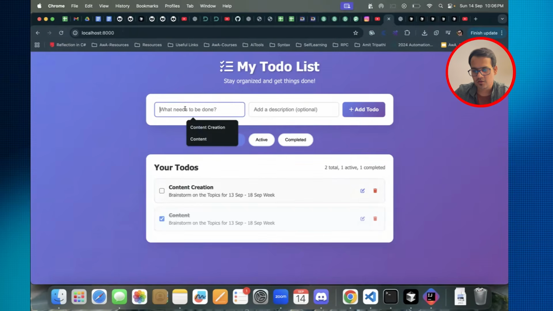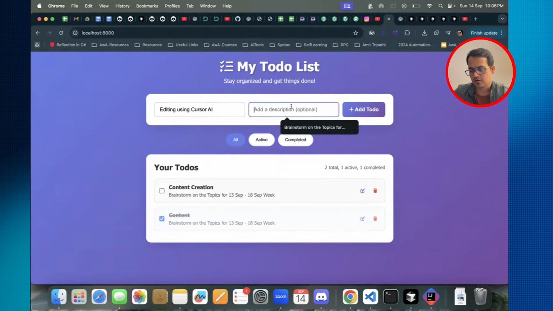So if I just add editing using Cursor AI, so Cursor AI description, YouTube or